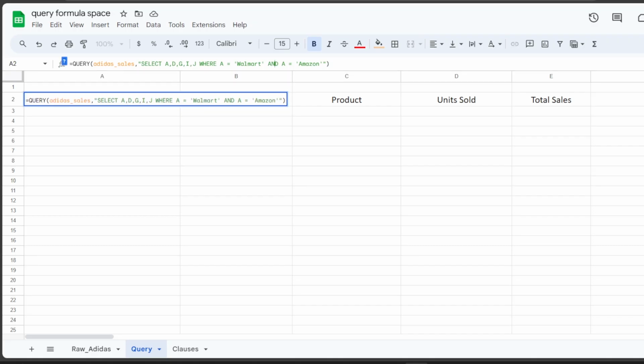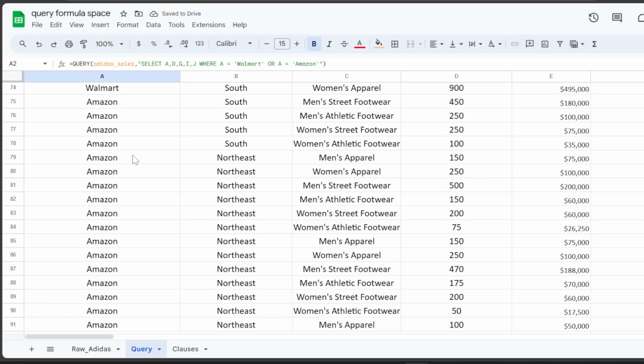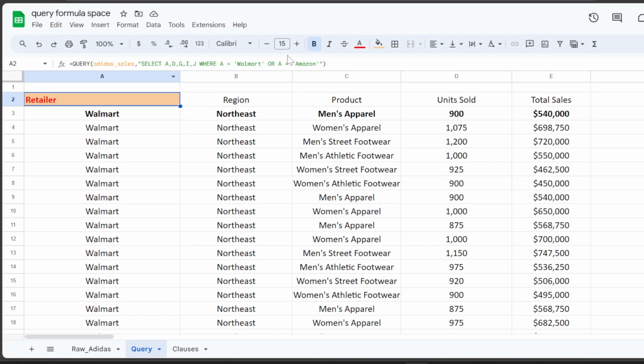So instead of writing it as AND, you write it as OR. So the fundamental ask of an OR is any one of the operations, if it is true, then the output is true. And in this case, what happens is certain rows will have Walmart and certain rows will have Amazon, right? So any one of them is true, the output is visible. If I just enter it now, and there you go. So you have retailer is equal to Walmart, and if I scroll some more, I can see Amazon as well. Okay, so this is a subtle difference in the way we use the logical operators, and when we are trying to stack up the